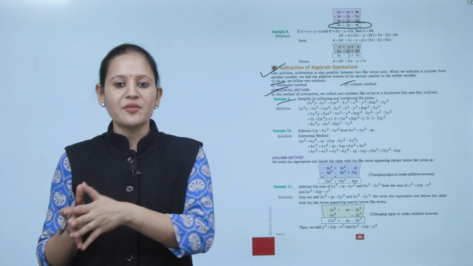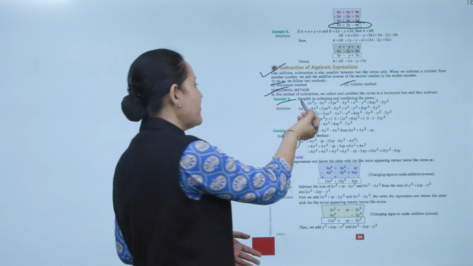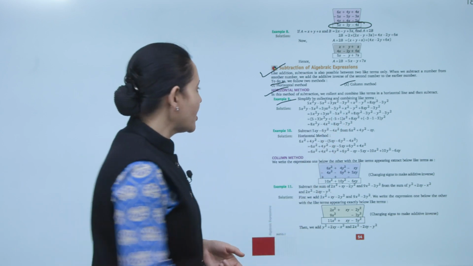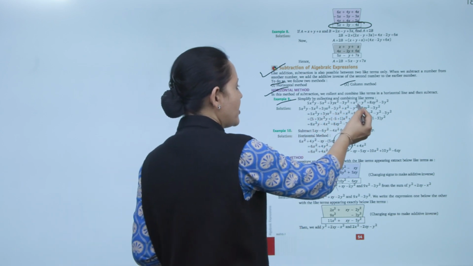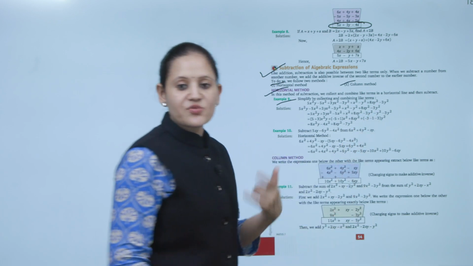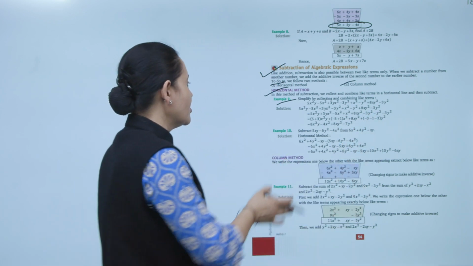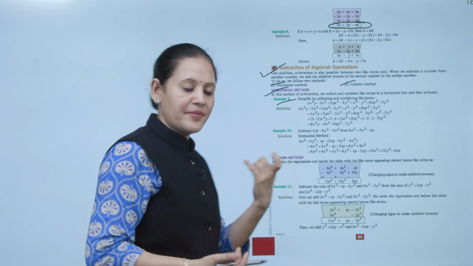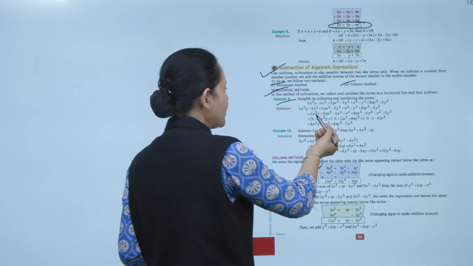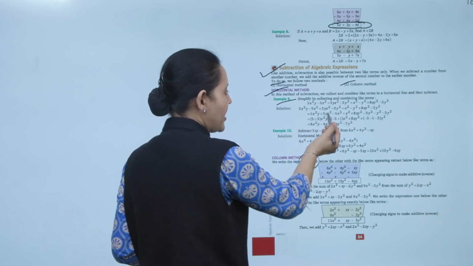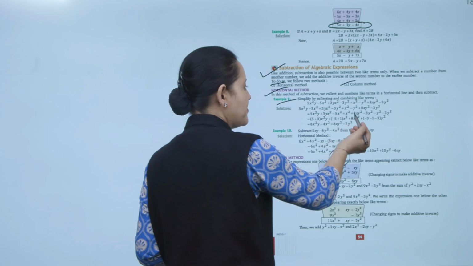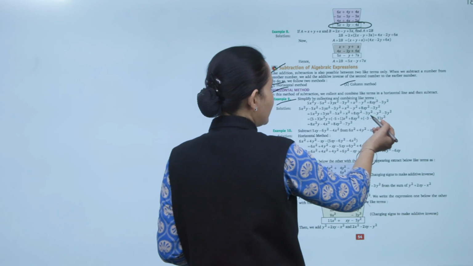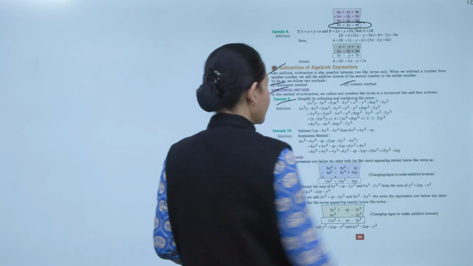Simplify by collecting and combining like terms. Our expression is 5x square y minus 5x square plus 3yx square minus 3y square plus x square minus y square plus 8xy square minus 3y square. So first we'll arrange them in such a way that like terms are together. So 5x square y plus 3yx square minus 5x square plus x square plus 8xy square minus 3y square minus y square minus 3y square.